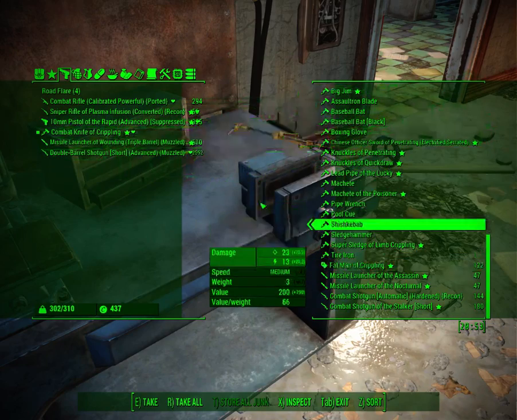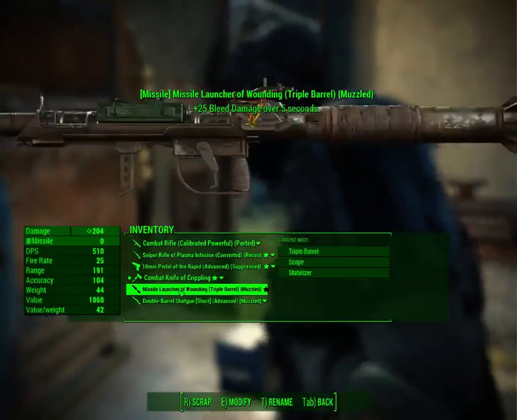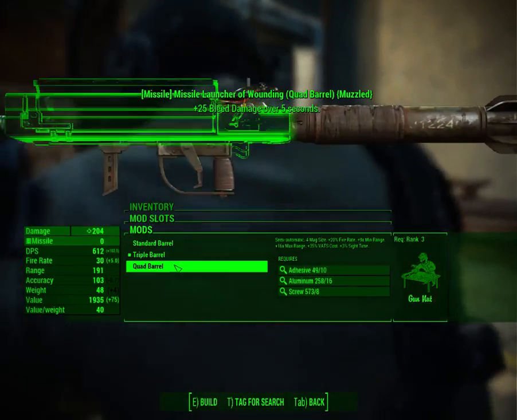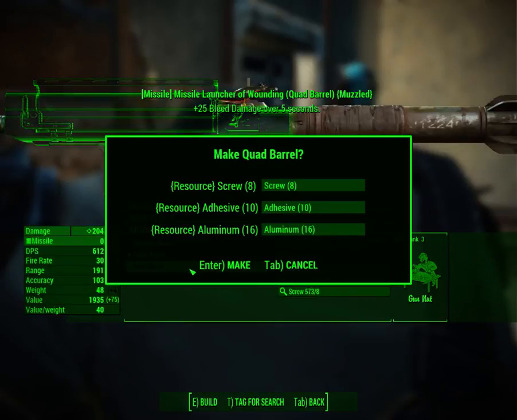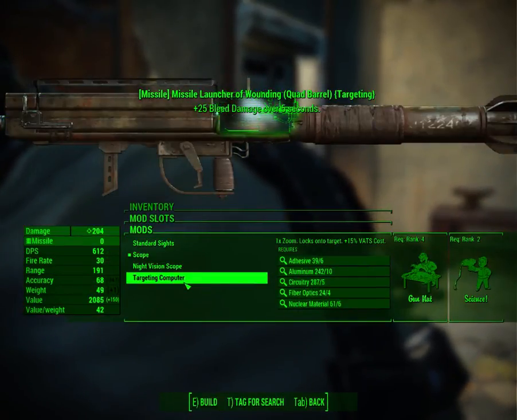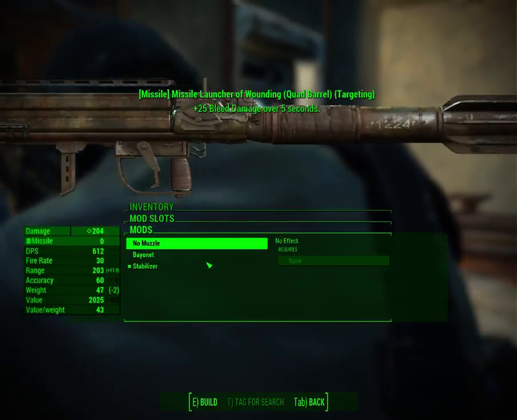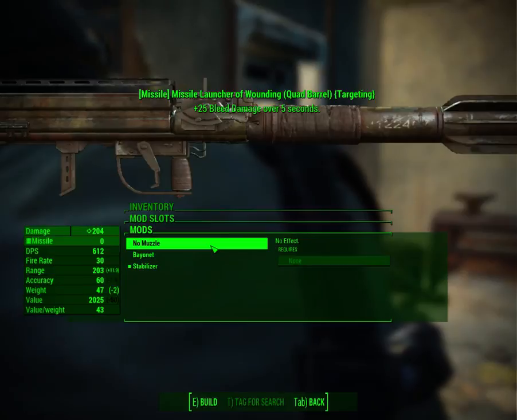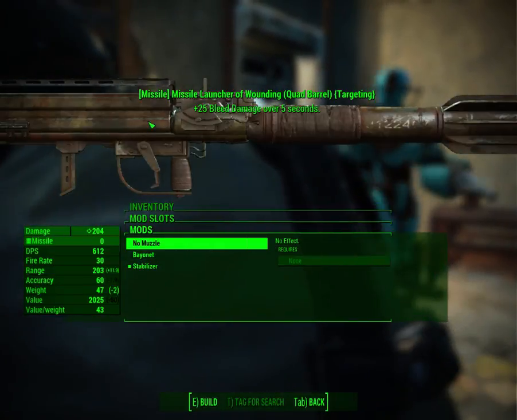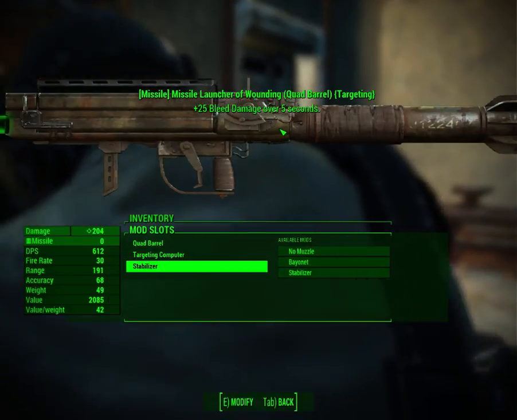You, on the other hand, I can, however, fix up a little bit. You're going to move up to the admittedly very heavy quad barrel, but you're also going to move from a scoped to a targeting computer variant, and stabilizer is totally fine. I can't actually see the missile launcher in